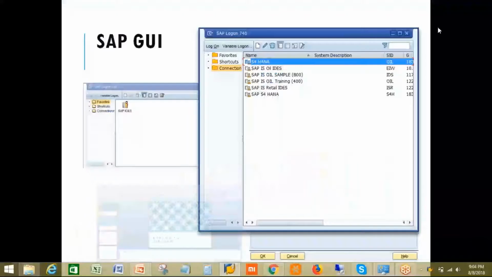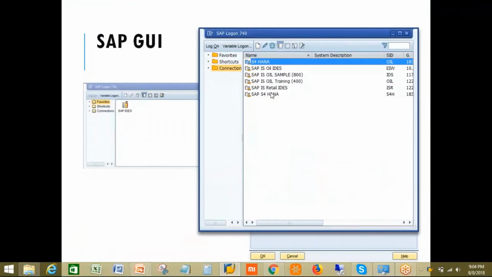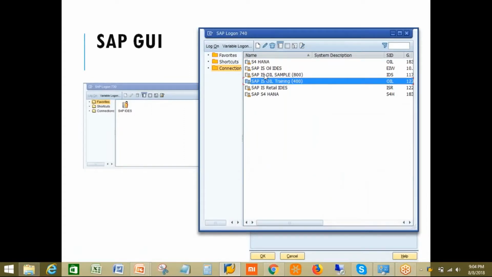So this is how the SAP logon pad will look. Whatever the different details that you get with the system, you always have to use these details from your system. These details will consist of the different system-relevant information. Whenever you are trying to create or use any system, what you will have to